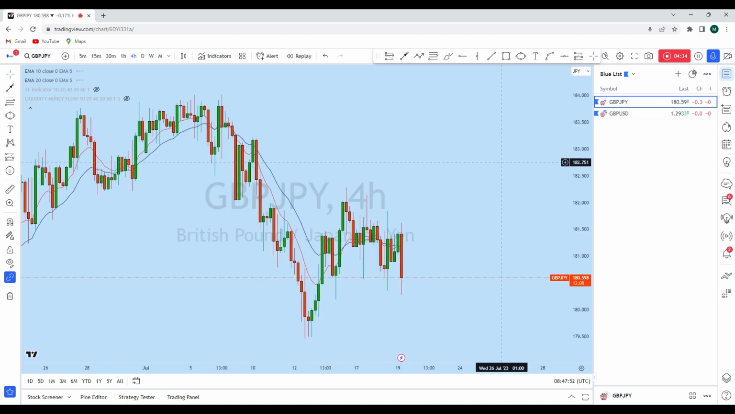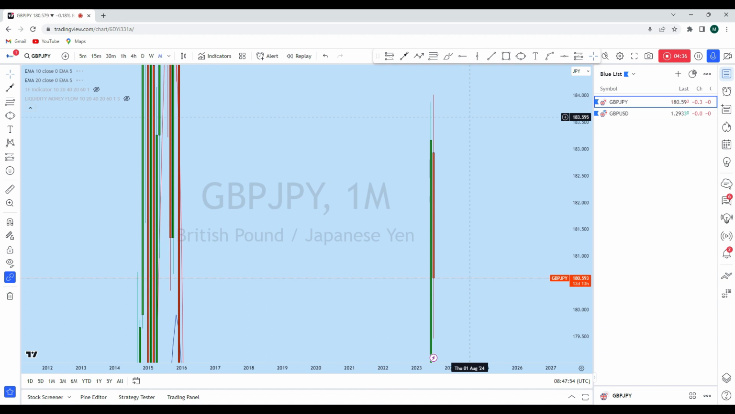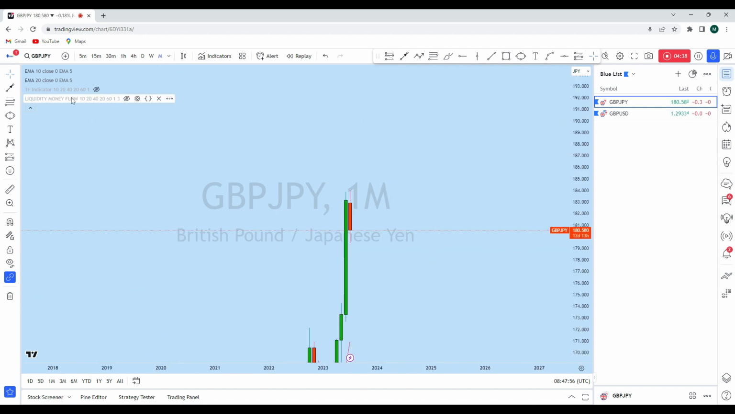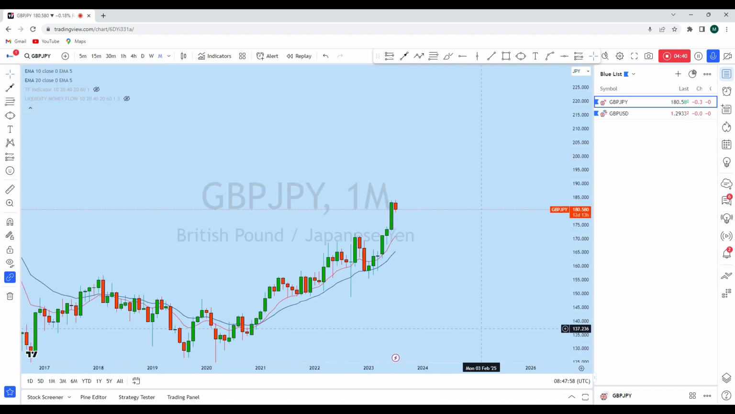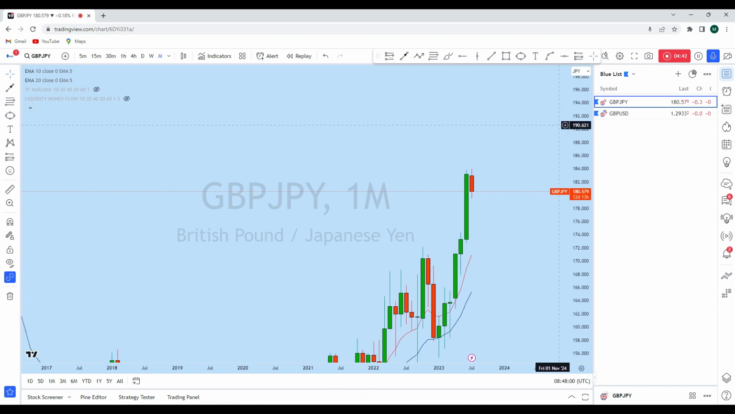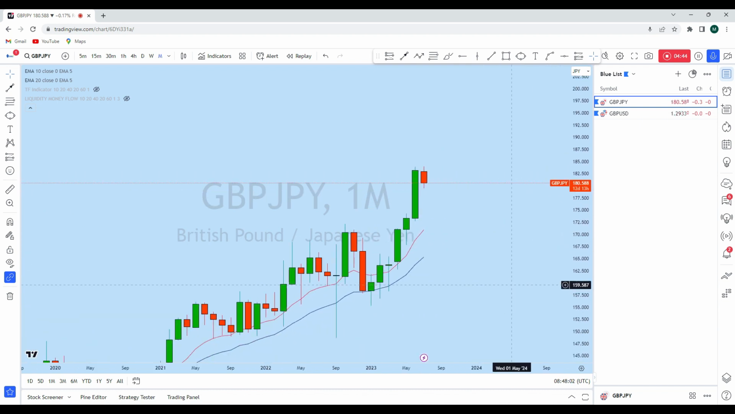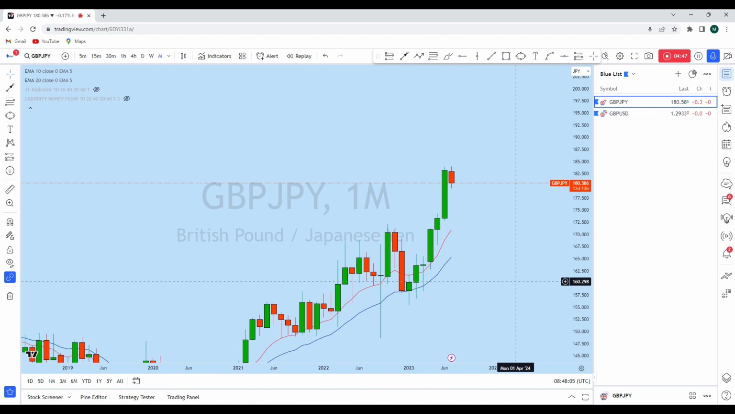Now let's look at GBPJPY. From the GBPJPY perspective, we see that this is a very strongly bullish market. We can even expect it to be more strongly bullish than GBPUSD. As you can see, this is the monthly price action, and from this level, we saw that it created this strong impulse to the upside,